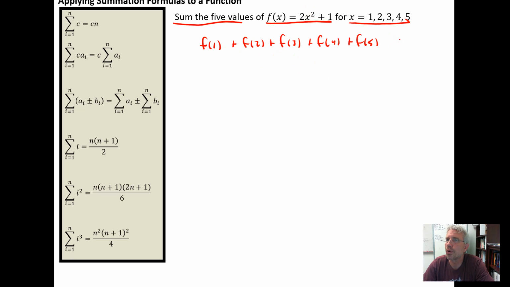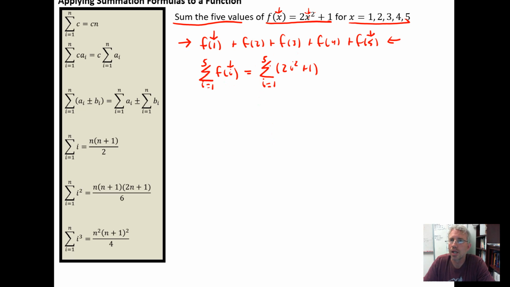What we want to do is avoid doing this. So we want to recognize that to take this sum, we could really write this in sigma notation. This is the sum from i equals 1 to 5 of f of i. And now everywhere we see x in our function right here, we replace that x with an i. So we're going to get 2 times i squared